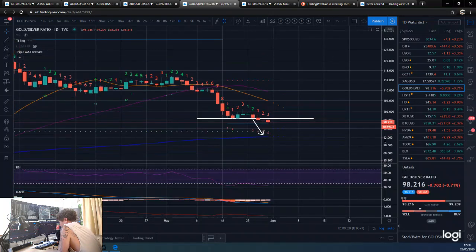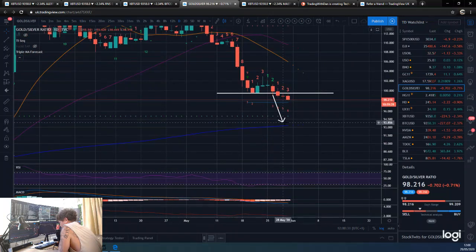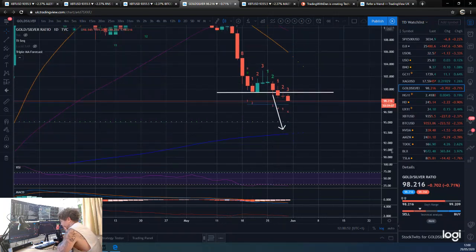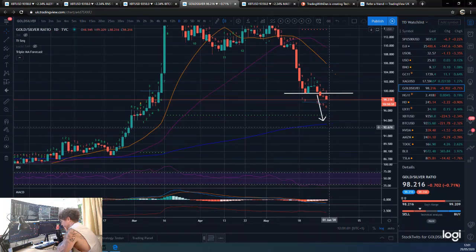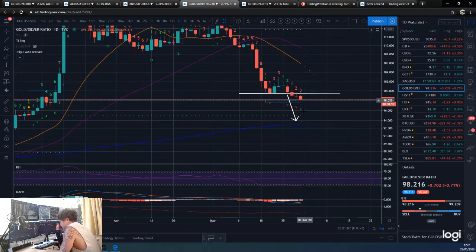Gold silver ratio. Yeah, so we break this line down to the 200. This will obviously help us catapult silver higher, or conversely, even if gold starts to look a bit weak, keep silver where it is. And obviously if gold dumps, then keep silver not dumping as much. But this was what I expected. I did expect this 9 to hold us up, and then I was expecting us to come lower. This is kind of why I didn't draw the arrow upwards, targeting any moves upwards. I was basically waiting for this to confirm below, and then down we go. And I'll be expecting around the low 90s for this gold silver ratio in this little move here before we potentially get another 9 correction. So that's playing out nicely also.